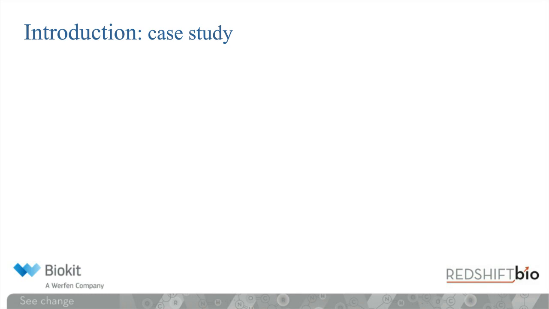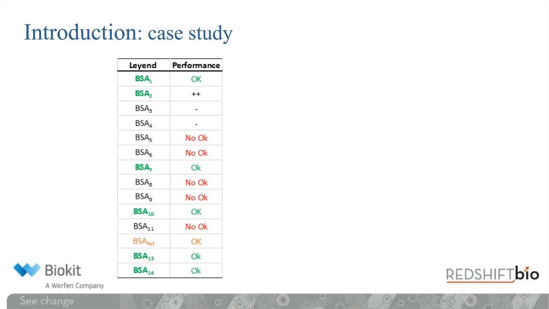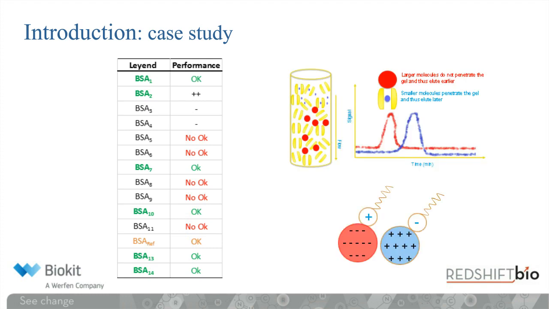Now, for our case study, for a specific reagent, several lots of BSA from different vendors were purchased and characterized in order to know if we could predict its performance. Therefore, analytical characterization of this raw material started in order to understand if there were any structural changes or traits able to explain why some BSA samples worked and some did not.